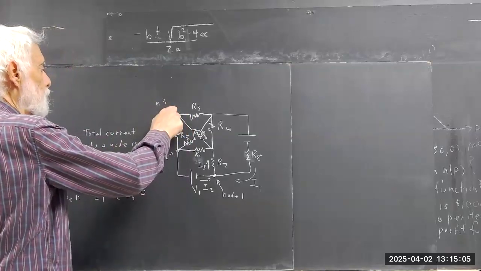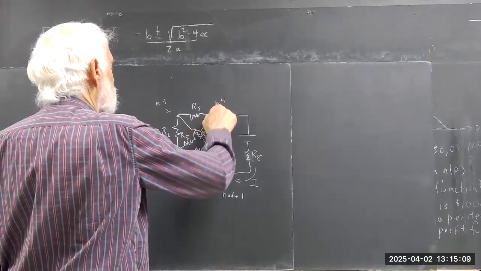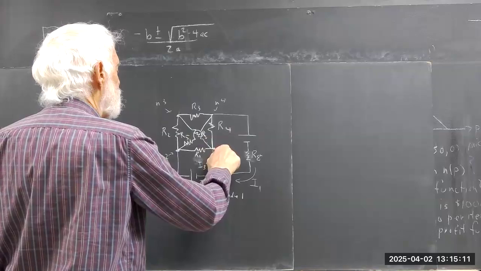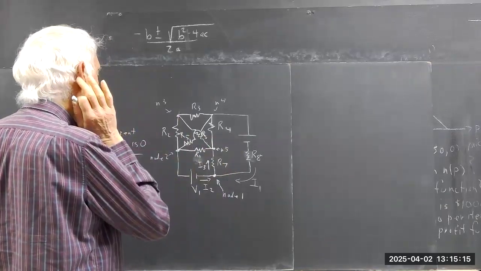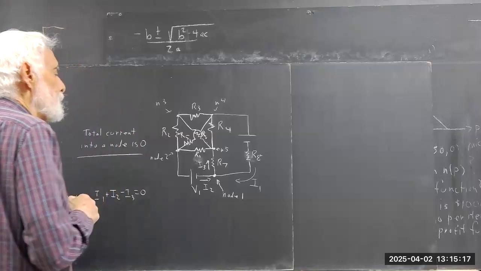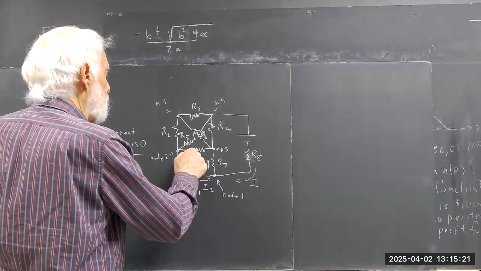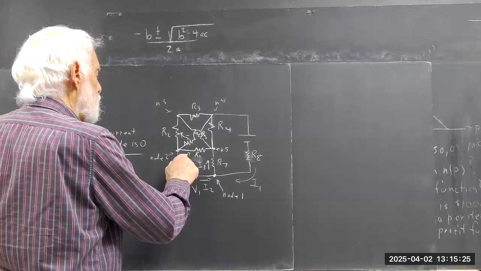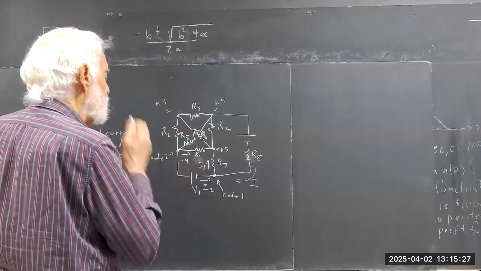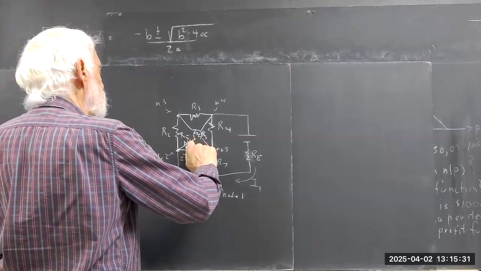I'll just use N3 for node 3, N4 for node 4, node 5. Now I've got the current here flowing through R1. Let's call that I4. I've got a current I5